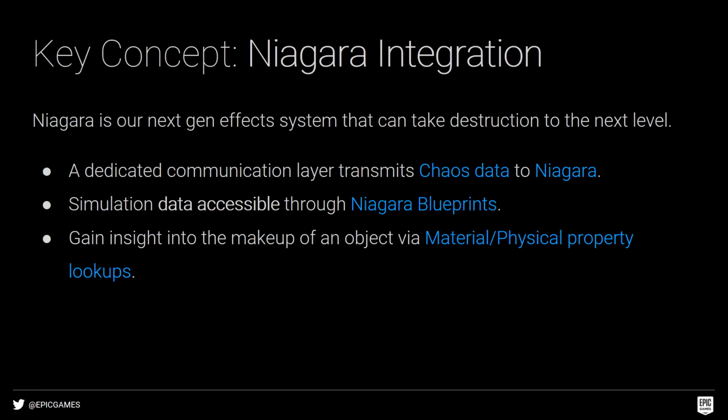Okay, then finally, I'm gonna hit on Niagara integration again. Niagara, our super awesome new particle system. There's a dedicated communication layer between Niagara and Chaos. So any type of Chaos events that occur, whether it's chunks being spawned or chunks falling apart or chunks colliding with each other or any other physical surface, I say chunks, but I pretty much mean any other physical surface, events are sent and accessible by Niagara. And also we have some sense of the physical and material properties of those pieces as well. So if two different materials hit and you want a specific particle reaction, Niagara can handle that.